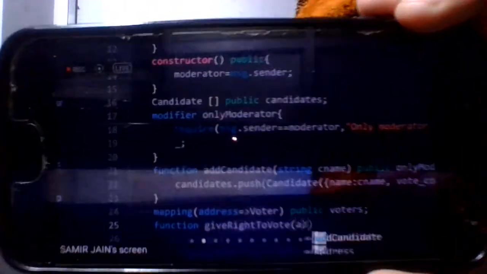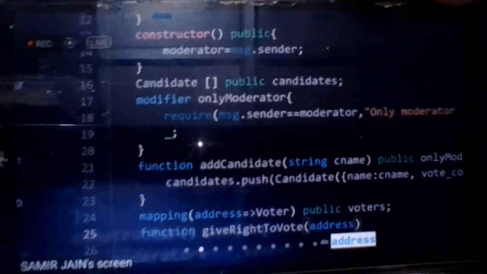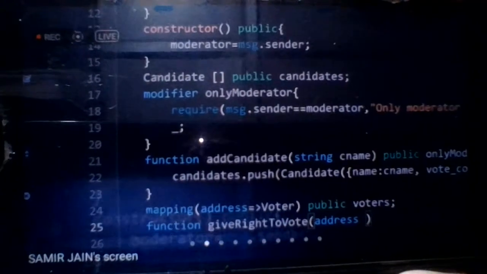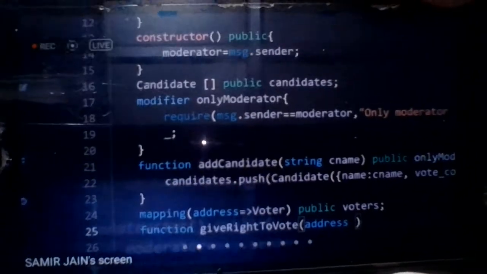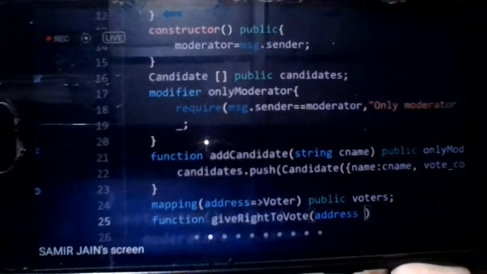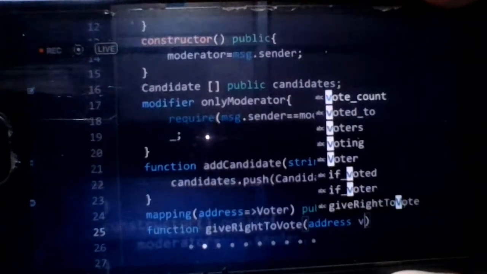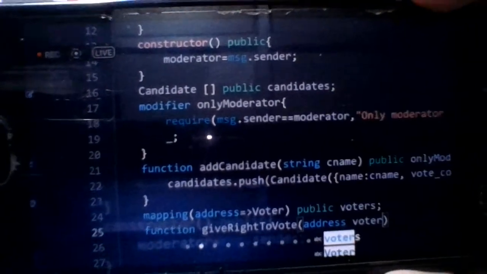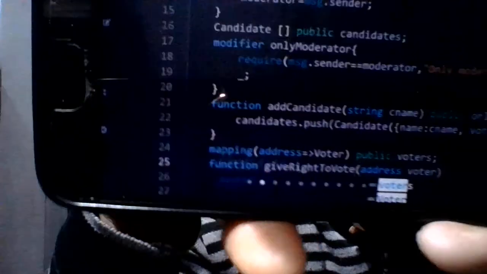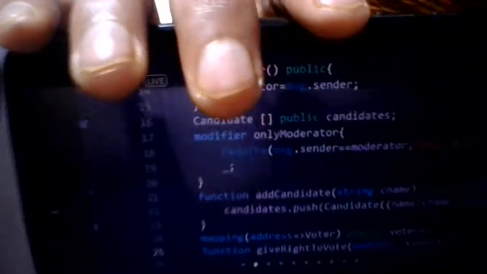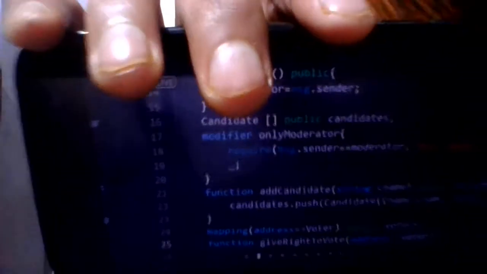So here I am defining an address, the address of some voter. I am typing underscore voter. So address underscore voter.